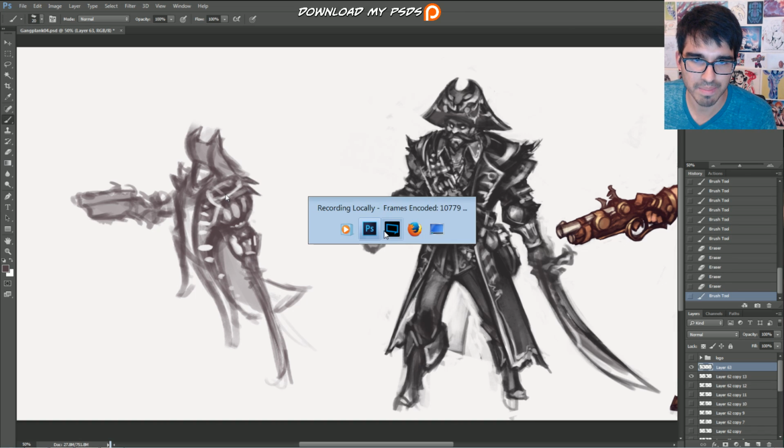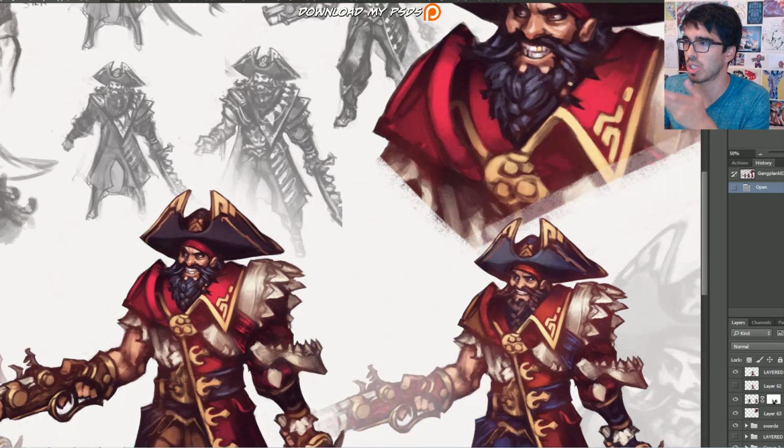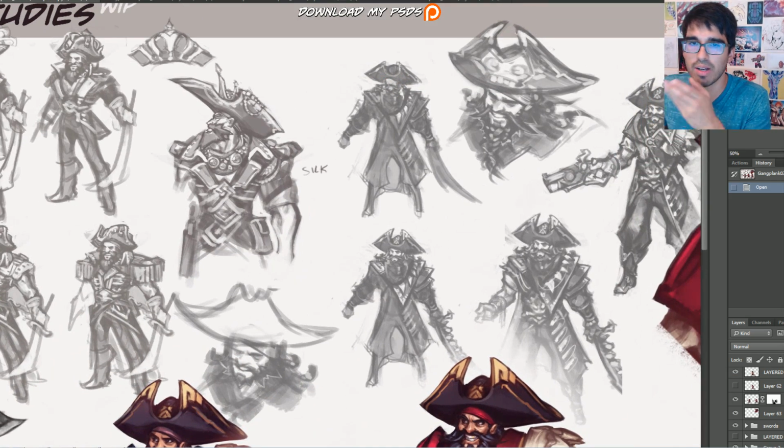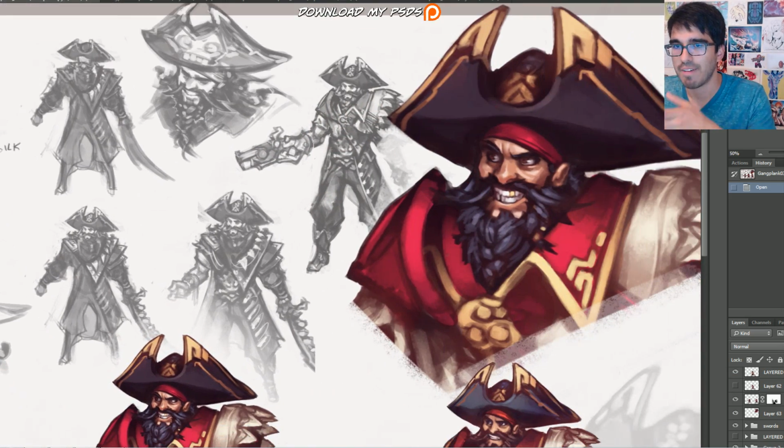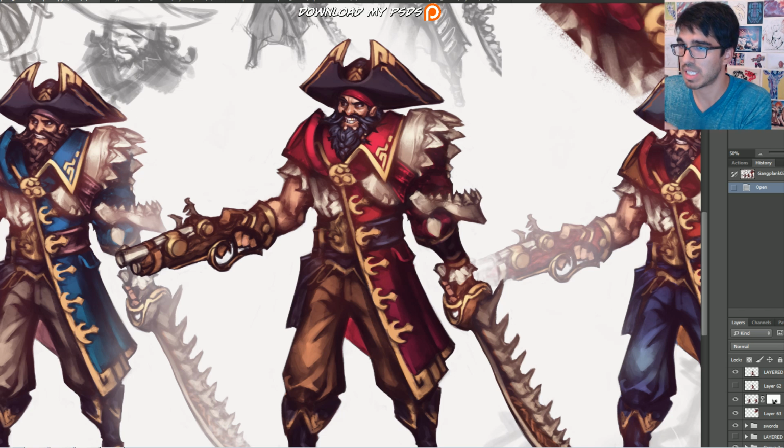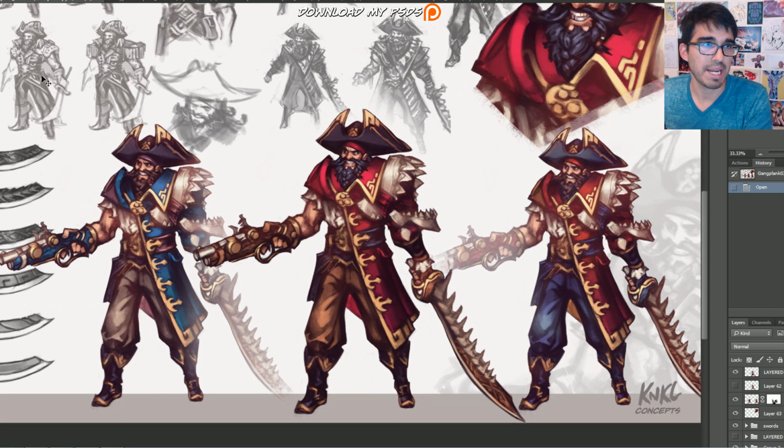So let's get back to this and let's just do a quick overview. So I did all of these black and white studies, eventually took it to the point where we were doing these colors, right? Colors right here. And I was doing blues and just kind of slight variations. But really, the biggest thing that I was improving upon at this point during my concept career was learning about